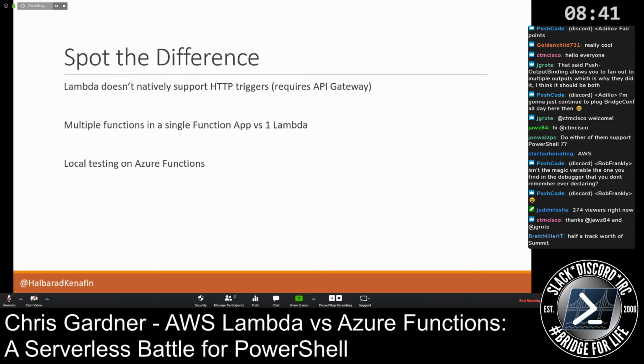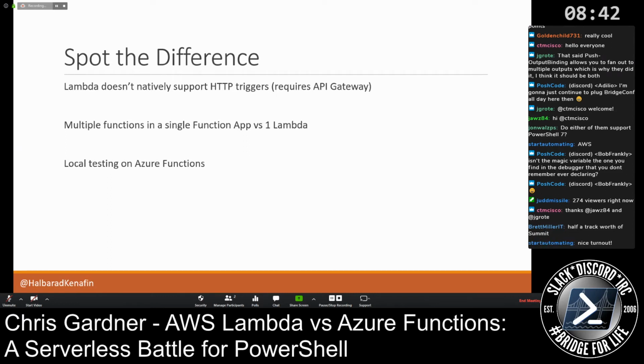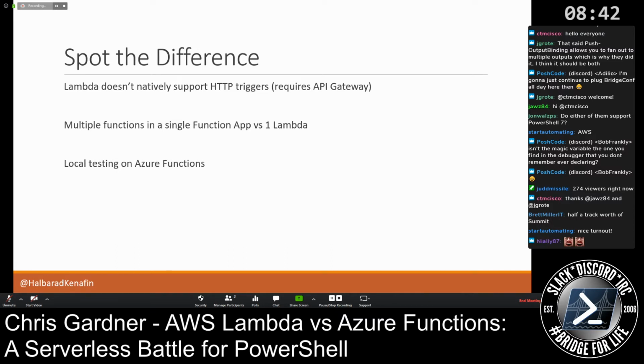Functions also has the big advantage that you can test them locally, because there's an emulator you can run locally that acts as if it was an Azure function. So you can do your HTTP triggers and everything else locally to make sure they work without incurring any costs randomly or running into any weird bugs that you might have accidentally left in and that's caused it to trigger 20 million times or whatever.